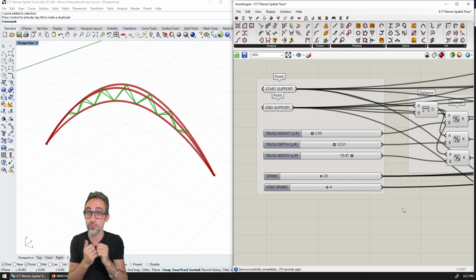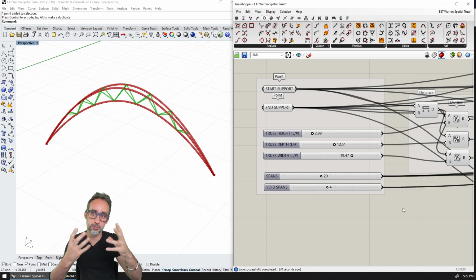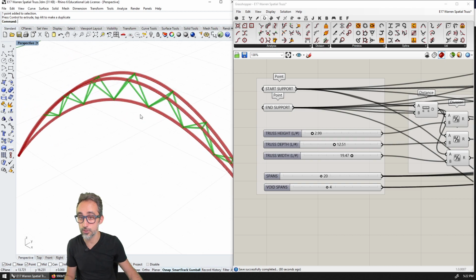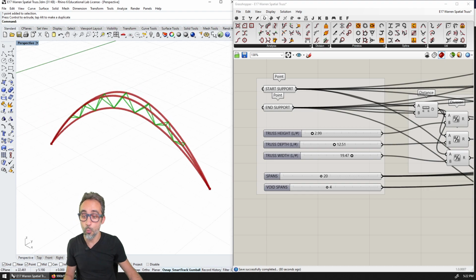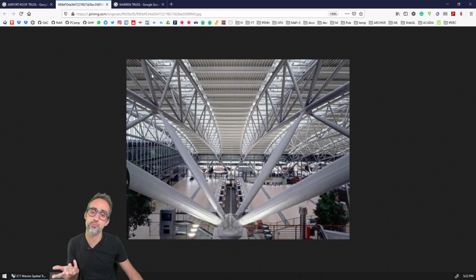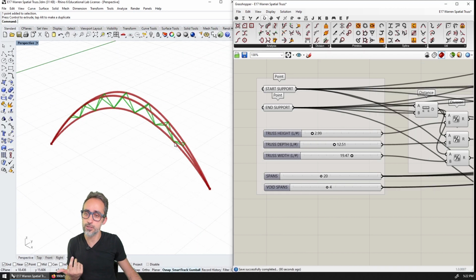And in this one, we're going to do a super cool exercise, which is going to be modeling a spatial truss that is going to have an internal triangulation that is going to follow the Warren pattern. The Warren pattern is a pattern that looks something like this. This is the Warren truss, but we have chosen to do it in 3D, inspired by some examples of, for example, the canopies of airports that typically display this pattern. So it's going to be super interesting.